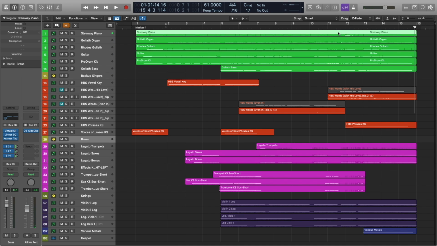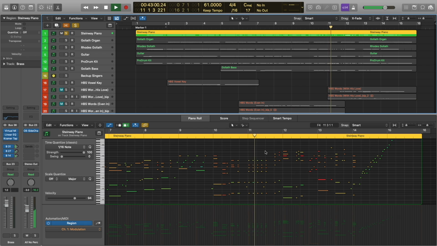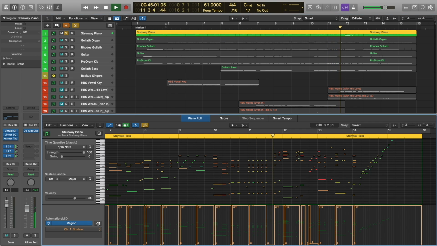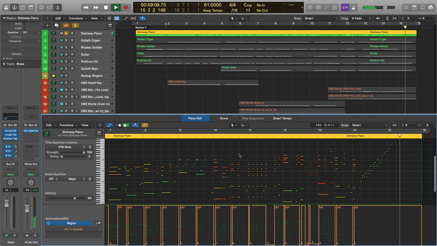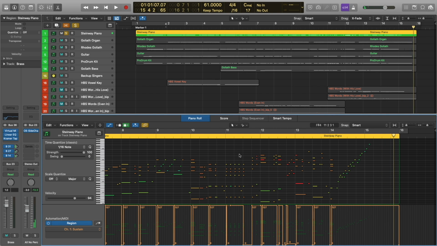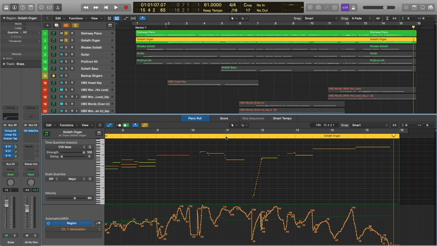All right, let's break it down, starting with piano. You know, again, not much to say there, besides just some beautiful playing. Let's check out the organ.